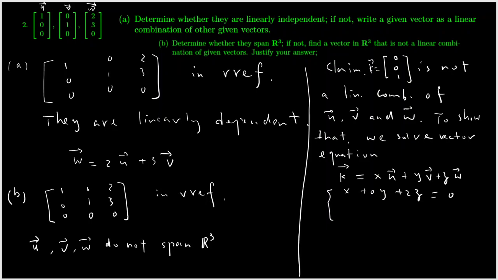So do you know what I'm talking about? I'm converting the equation of vectors to a linear system. You compare the components. I'm jumping a little bit. I hope you can follow. And then the second equation is 0x, and then plus 1 times y, which is y actually, and then plus 3 times z is equal to 0. And then the third equation is simple, right? The third equation is 0x, plus 0y, plus 0z is equal to